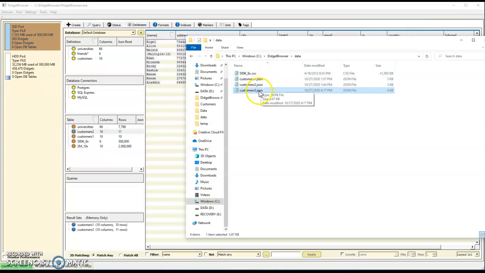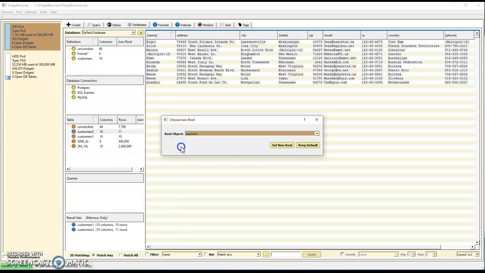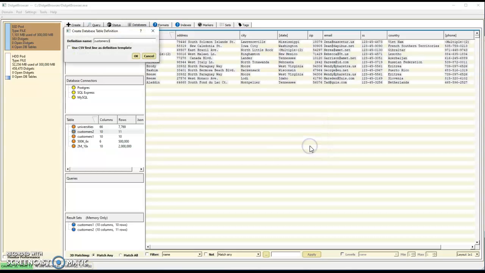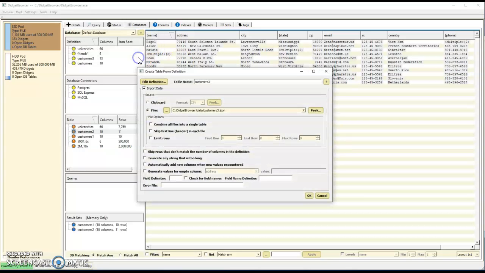Now, if I just drop that on this customer, which doesn't have any payment in the definition, it would ignore all those payments. So what we want to do is drag and drop it on an area in the definition here. Now, for a moment here, let's just keep the default and now create that table